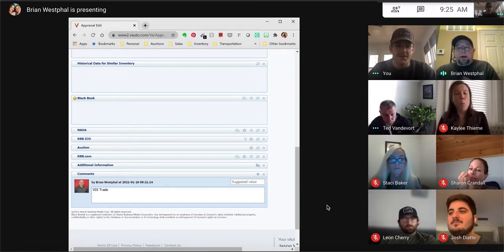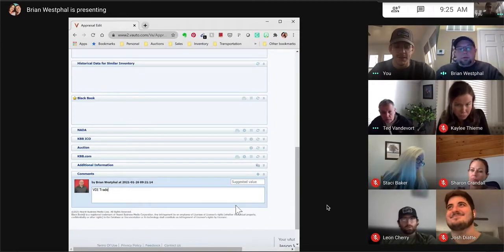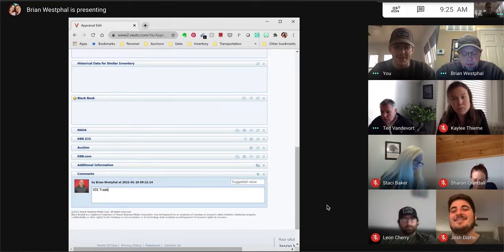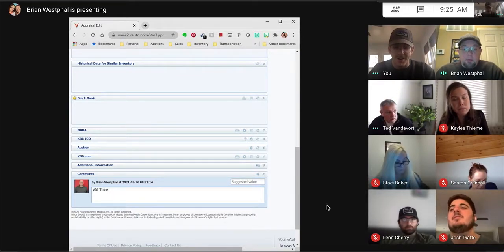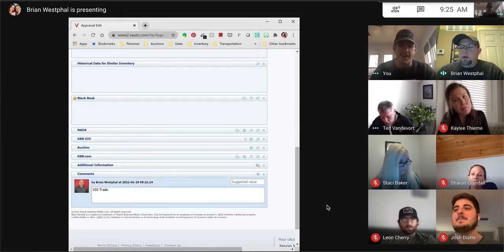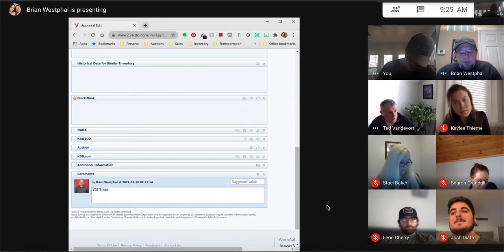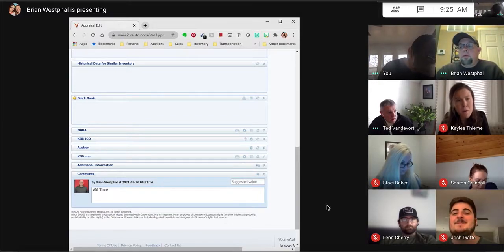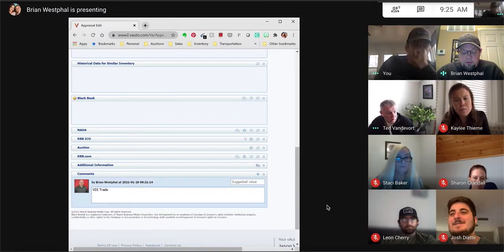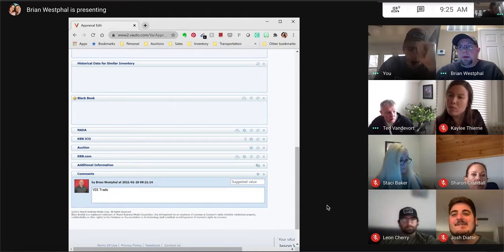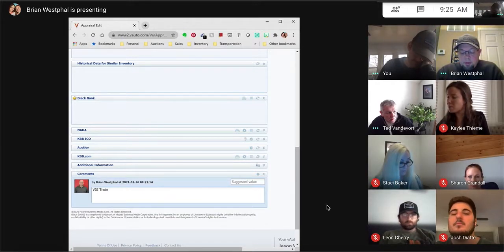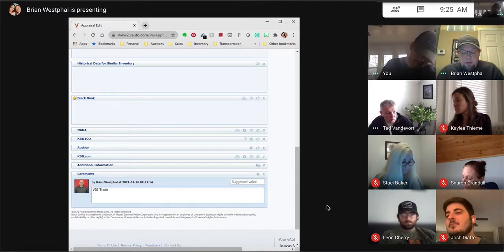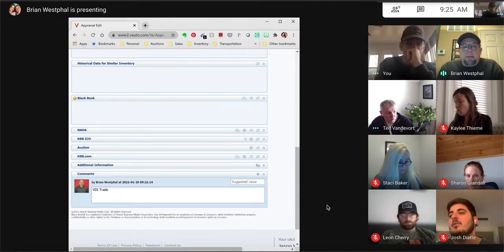Then once you have got everything in here, you're going to push it out to the group that you do, negotiate it out with the customer, and then once you come to an agreed amount of the trade, that's when you fill out your trade allowance form and you send that to Stacy. That trade allowance form should be out there under documents on Zoho. Then Stacy sends that out through Zoho Sign. It'll come back, and